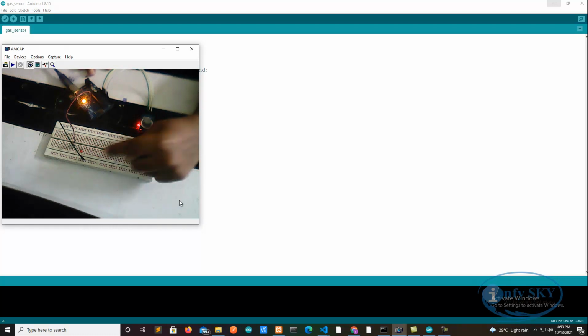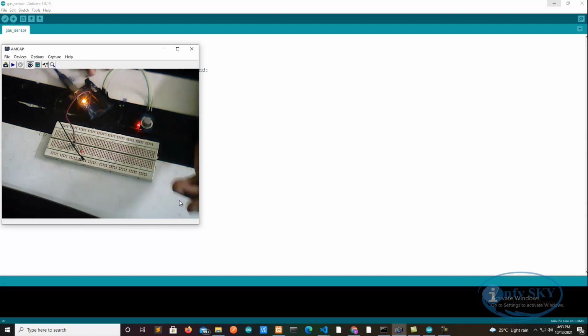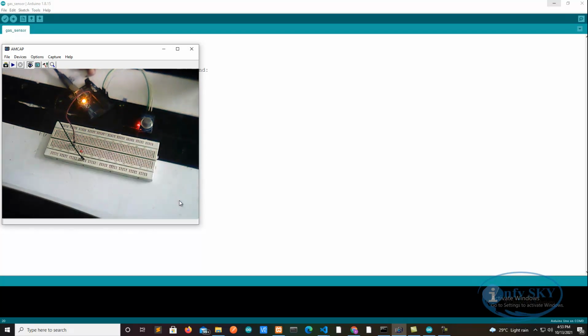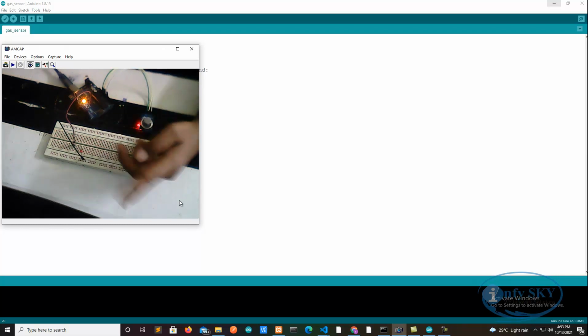Okay, then now I have used one LED. The LED is for indication purpose. Right now I don't have a buzzer. Instead of an LED you can use a buzzer also. Suppose if gas leakage is high in the kitchen or anywhere, if the range exceeds the danger level, at that time we can turn on one buzzer. Okay, right now I have used one LED. You can use a buzzer also, no issue.